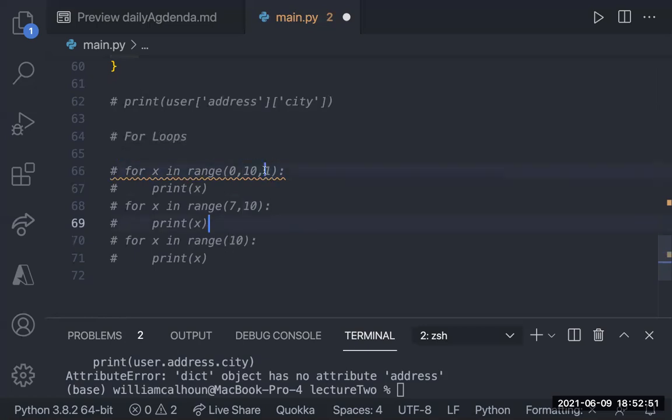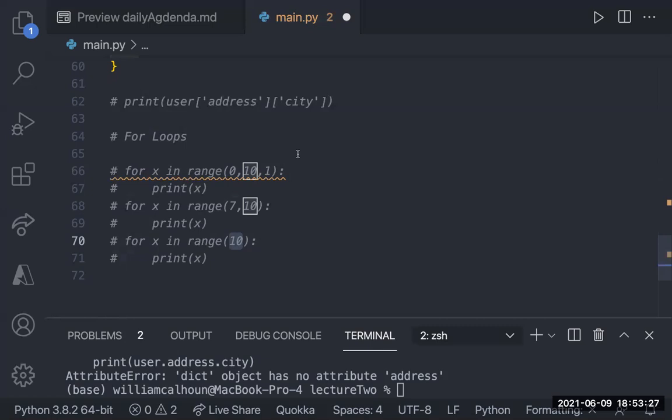Now, one thing to know: if you want to iterate by anything other than 1, then you have to do all 3. But if you want to iterate by 1, then you can go to 2. Now, let's say we did want to go through the entire thing. If I want to start at the beginning and go through all of them up by 1, then I don't even have to put the 0. If I'm going to start at 0, go up by 1, and end at 10, I can just say for x in range, and then 10. This is my conditional for when I want it to stop, which is kind of neat.